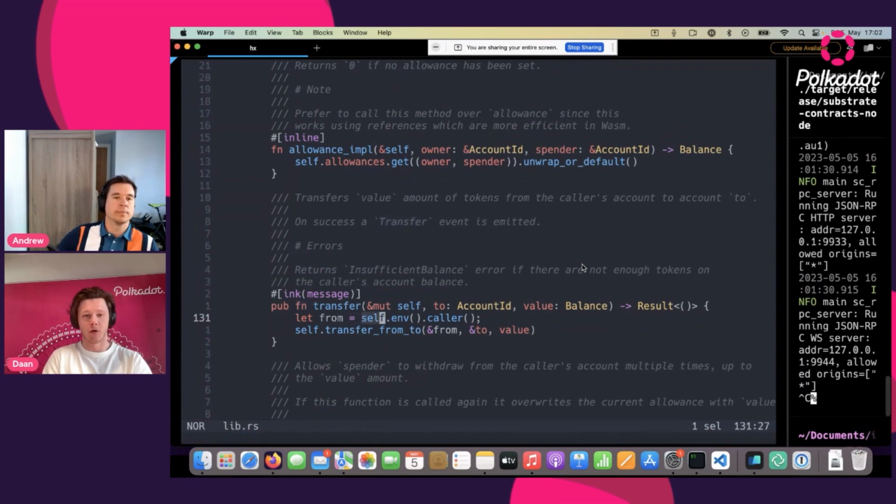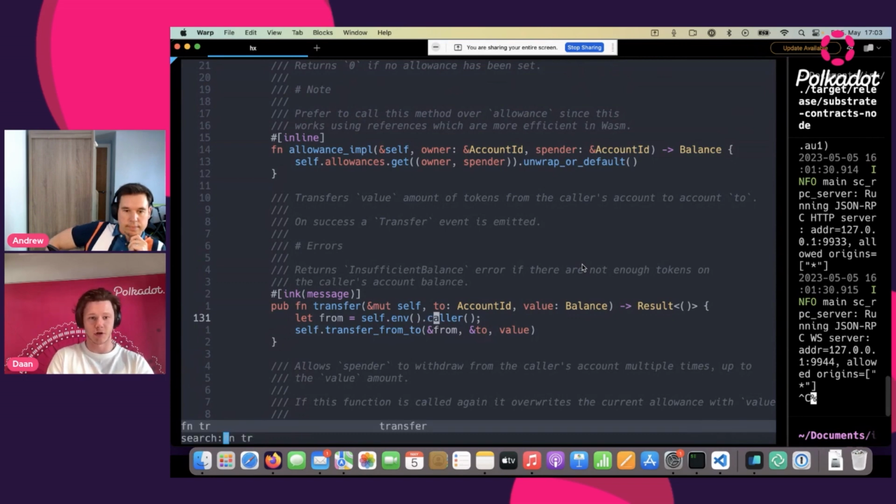Yes. So here Andrew showed us that we can use types like account ID and balance, but we also have access to who calls the contract, which is done by this function, the caller. But we can also